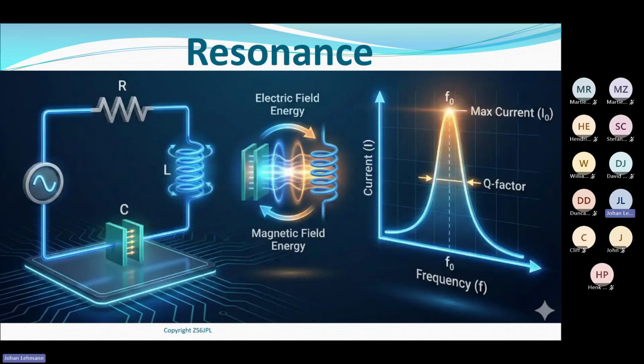Everything to do with radio equipment focuses on or works with resonance. The antenna needs to resonate. The front end of my radio needs to resonate. Every single building block that makes up a radio or a transmitter works with the term resonance. So in other words, you can already see from the word resonance and from the picture that there is some combination of a resistor and an inductor.